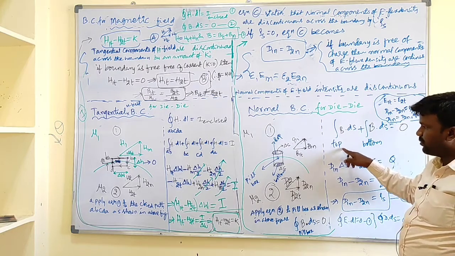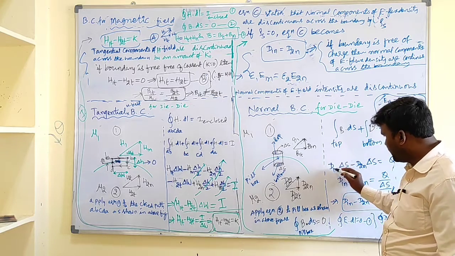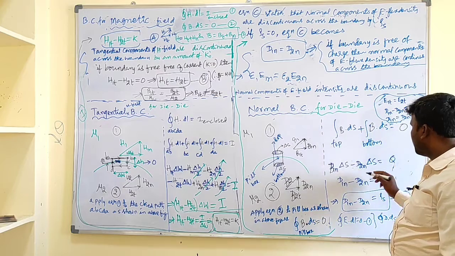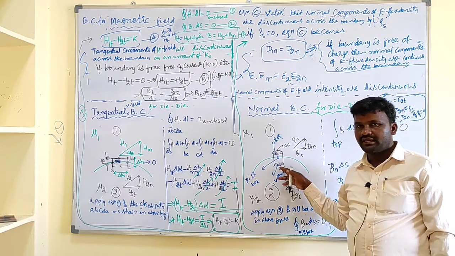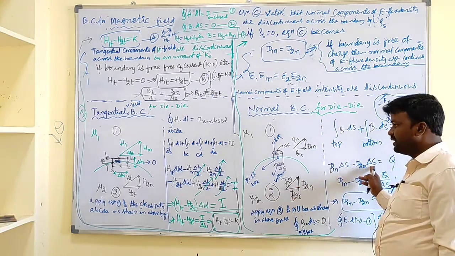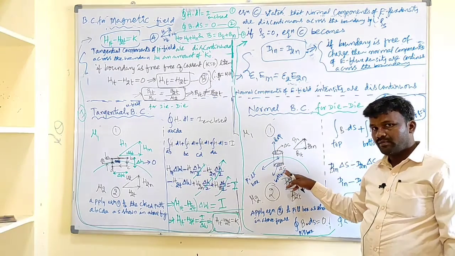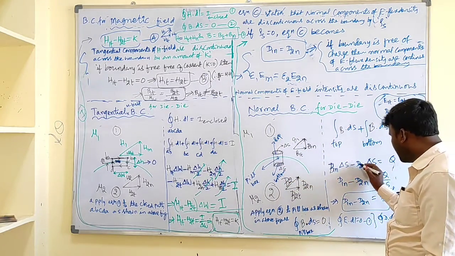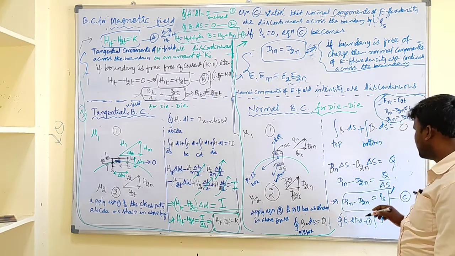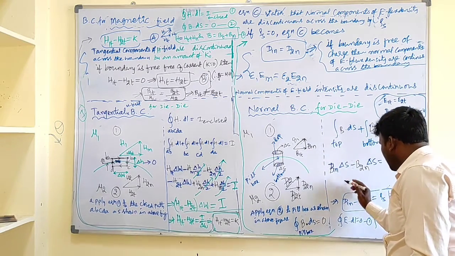Coming to the top, the field component is B1n, so D1n should be replaced with B1n delta S. And for the bottom we have the field component B2n, and the differential surface area normal to this one, as it is bottom, we have the negative. That means if it is positive delta S az, it is delta S into minus az. So that is B1n delta S minus B2n delta S, and that equals 0.